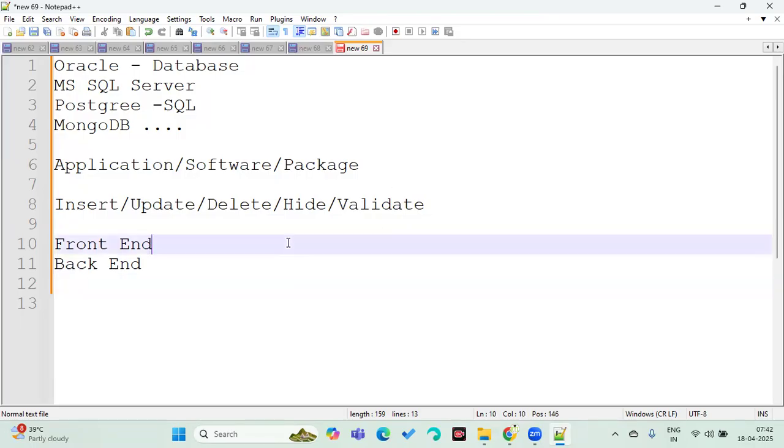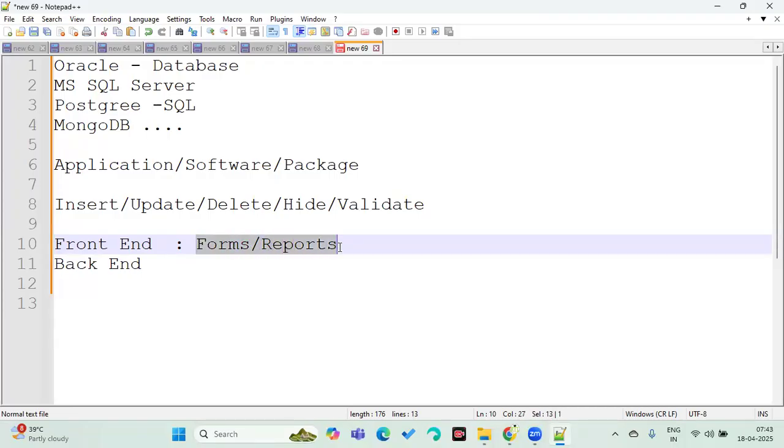So what is front end? Front end is nothing but forms or reports. We call it forms or reports. For example, you go to a supermarket and buy some items and go to the cash counter. You give those items. What do they do? They enter all the item details: quantity, price, total, discount. They ask your name and mobile number, and they ask you cash, card, or phone pay, right? Payment details. All that information they are going to enter. That is what front end is.